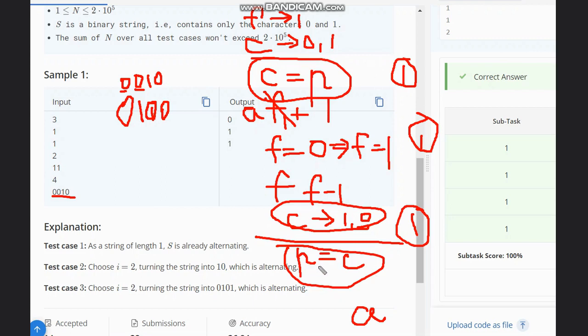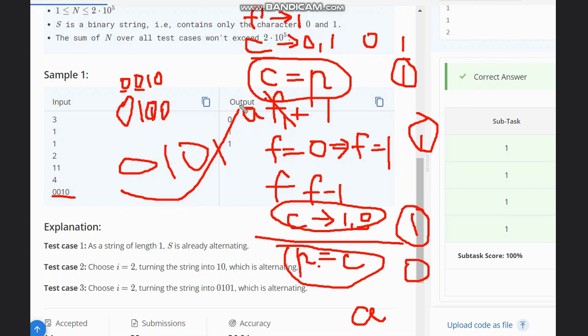So my previous is not equal to the current character, which is 0, and then I move to another one which is 0. My flip is still 1, so my current character will become 1. So it will become 0 1 0 1, and hence I got my answer.